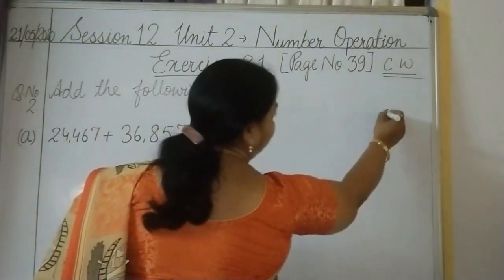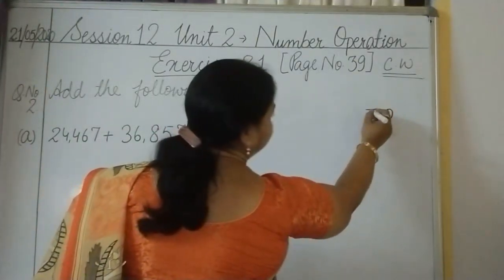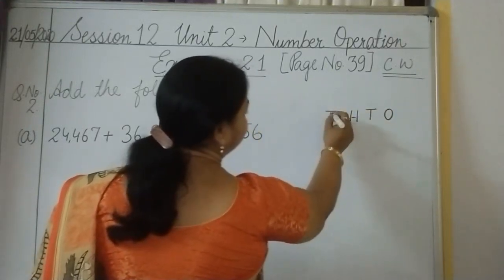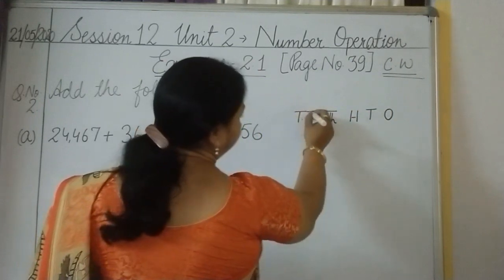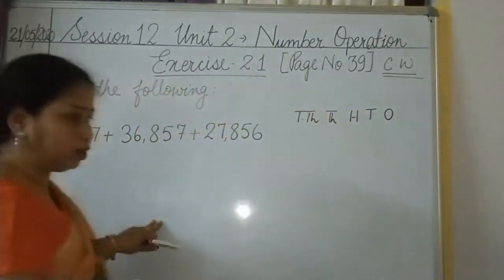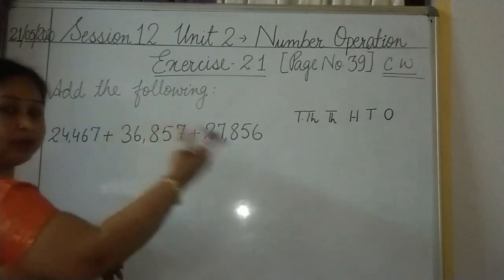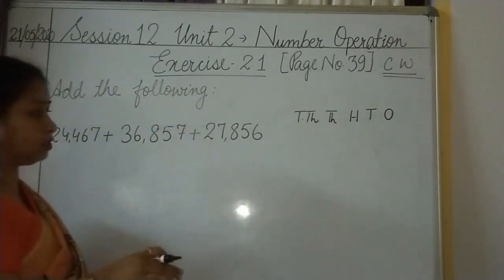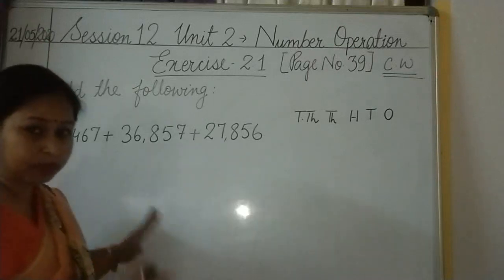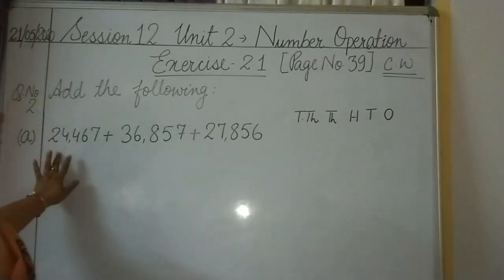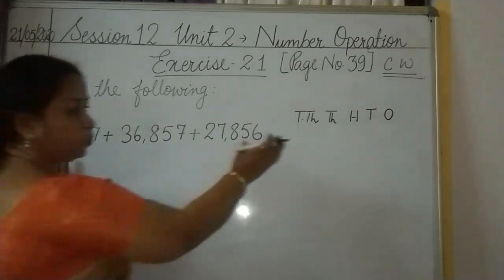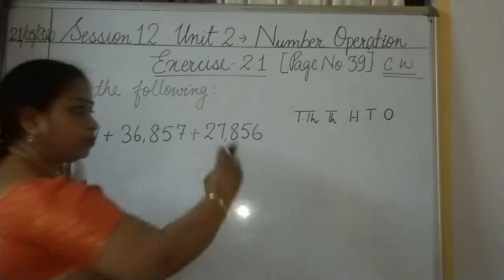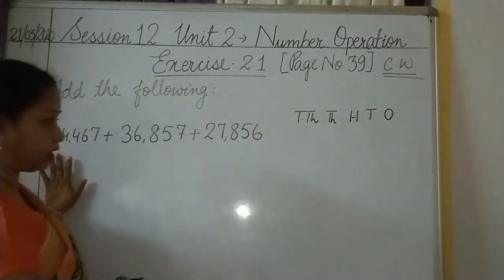We write here ones place, tens place, then... I told you that we write this place value chart in order to make our work easy, and we will not make any mistake if we are writing that. Okay, so for only one question you have to do it accordingly as I am showing, and then you can carry on forward without writing the place value chart also.